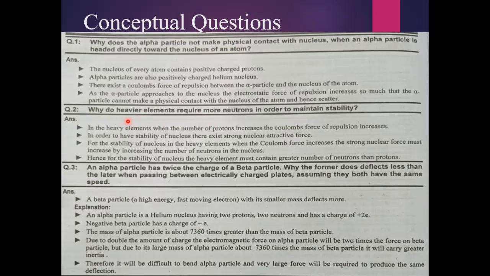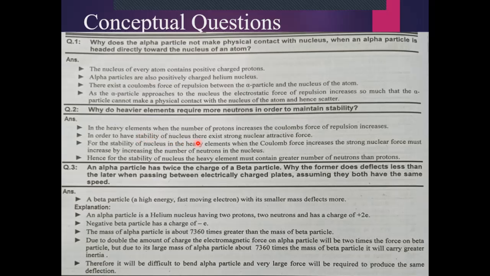So in order to stabilize the nucleus, the number of neutrons must be increased, in order to increase the strong nuclear force, so it can maintain the stability and the energy states for which the distance between the protons is larger,